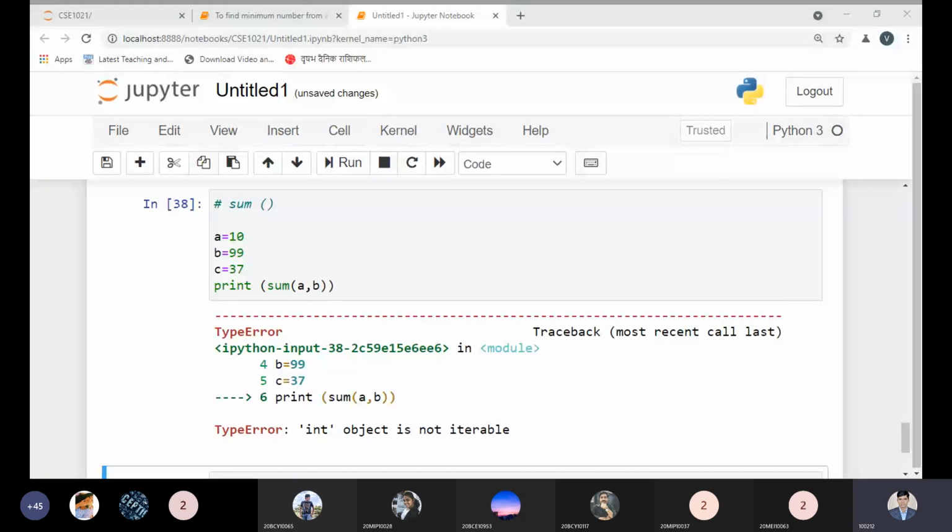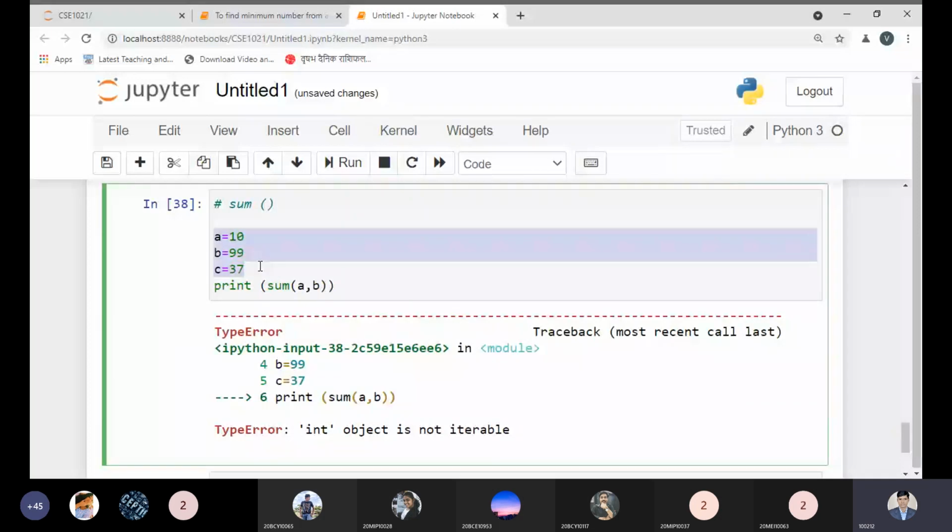Like the absolute function, it is working fine without any problem. But in the sum function, we need to pass only an iterable, and we need to pass the start. The iterable can be a list, tuple, and dictionary, of course. So the syntax would be this: in the sum function we need to pass the iterable, and we need to pass a starting value.